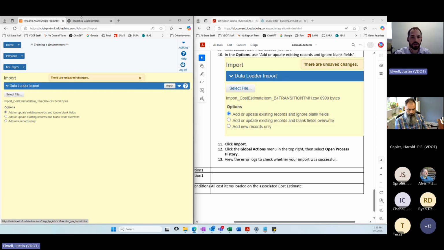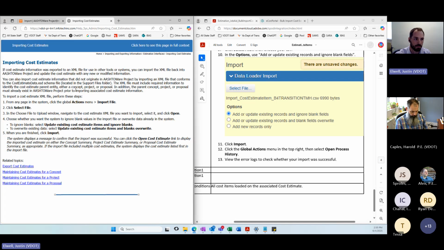If you click that question mark, it'll take you to a quick help on some of those features. So it's a very useful tool that Infotech's built into AWP. So you see the first option, to ignore blanks, select update existing cost estimate items and ignore blanks. To overwrite existing data, select update existing cost estimate items and blanks overwrite.